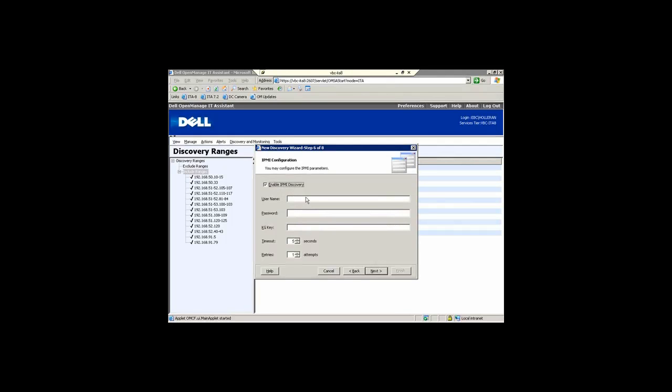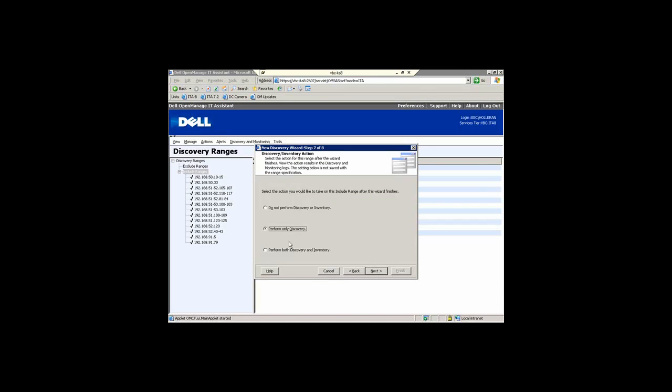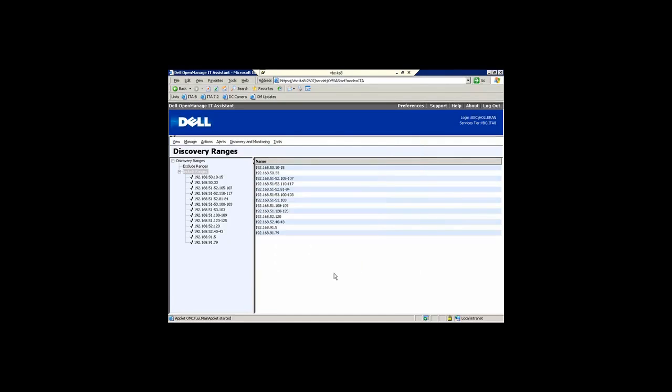The next thing you'll come up to is IPMI, Intelligent Platform Management Interface. This is basically talking to the baseboard management controller of the server. What you want to do is create a username and password to be able to log into this, and you can use a common one across your overall infrastructure. You can also, it supports keys as well for more secure communication. And then it will go off and do a discovery and an inventory. Click on Next, Finish, and